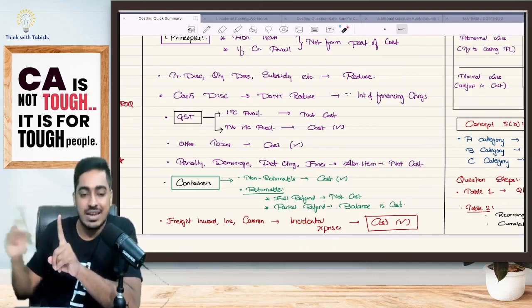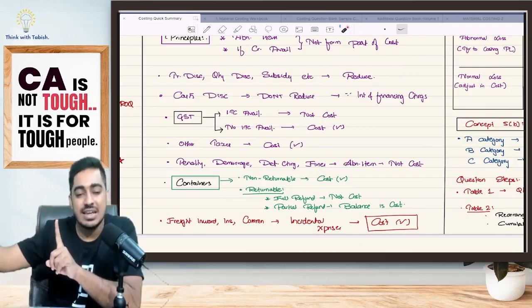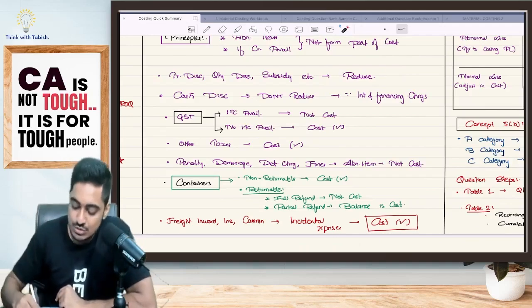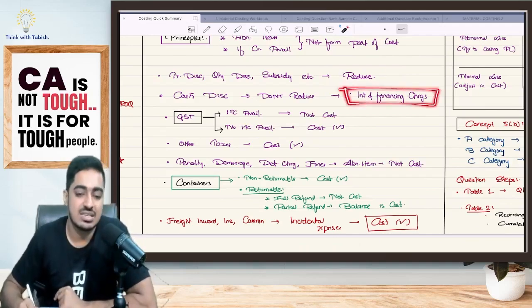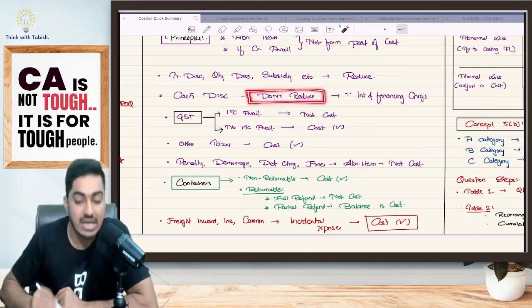But because I am paying 1 lakh today itself, he is giving me a small 2000 reduction. What is that? It is as good as telling it is a present value. It is a discount factor. Yes or no, everyone? So it is in the form of interest and financing charges. It is not a reduction of cost. So I will not reduce my cash discount.